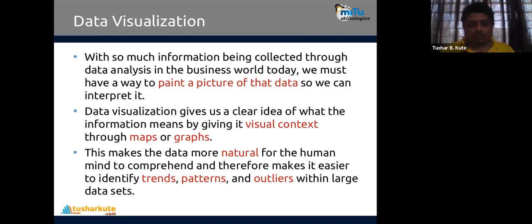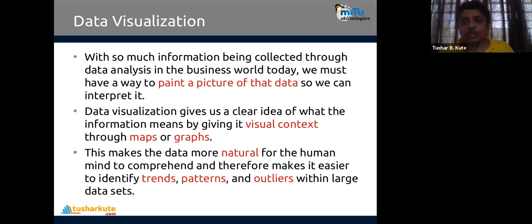In clustering techniques also, clustering is a very commonly used unsupervised machine learning technique, and in that you create groups of the data. If you want to visualize those groups, we'll make use of some kind of plot like scatter plots. So, trend, pattern, and outliers. Trends are basically used in time series analysis.